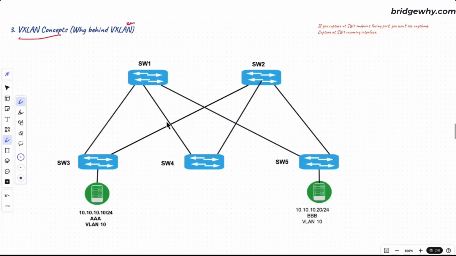So we have these 5 switches, and maybe you can say this is my access layer switch and this is my distribution layer, and the link between them is a trunk link, or all these links are layer 2 links. If that is the case, the communication is very easy, you all know, right? Whatever message goes from here, ICMP or whatever,